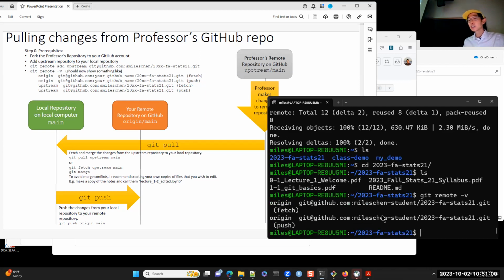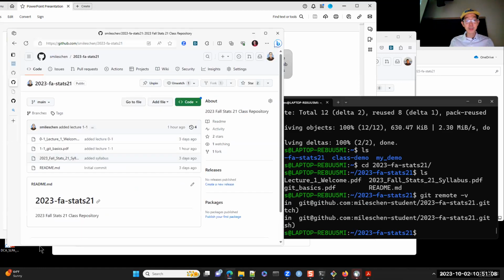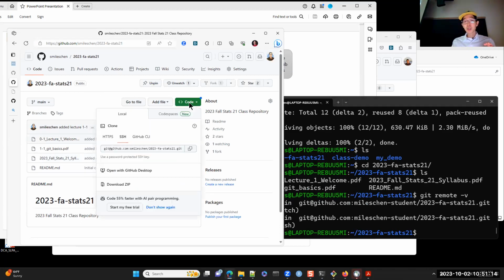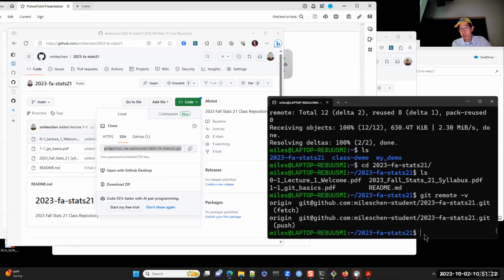Right now it's just Miles Chen-student here. What we need to do is copy a reference to the professor's GitHub repository. So I'm going to go to code and copy this SSH address,